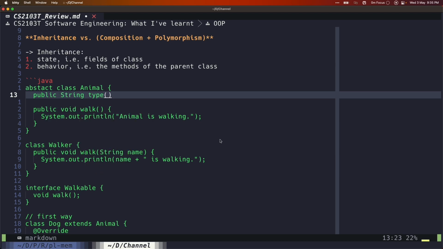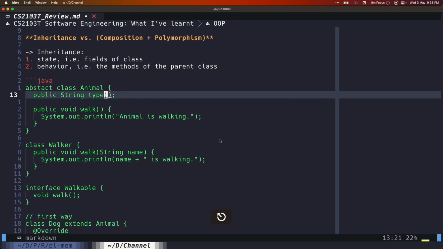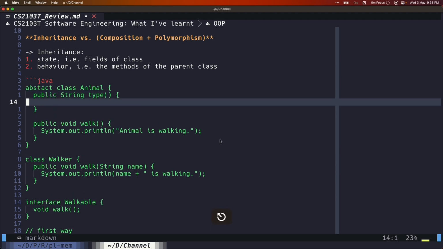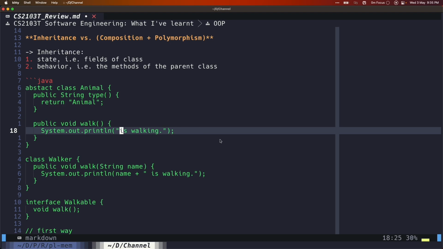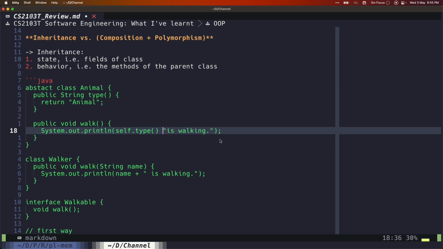Basically, I want to know what type this thing is, and let's just not make it abstract, and let's just say return "animal". And inside here we can change this to this.type. In Java it's this.